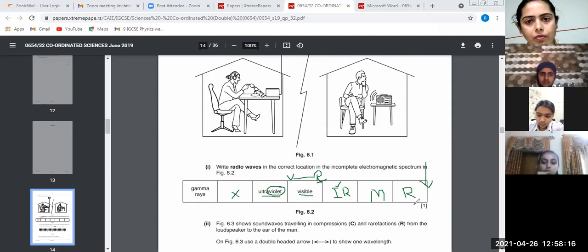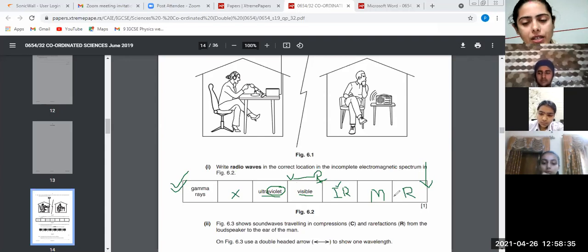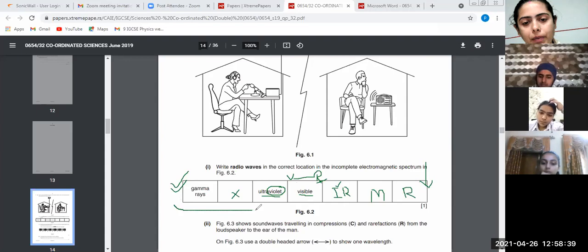Ma'am, the other day in class, I think you had us write it in the second last box, in radio wave. No, I told you to check it out. Go with the complete electromagnetic spectrum, okay? Yes ma'am, so maybe we will check it once again. Fine. But you have to take care of the complete order.